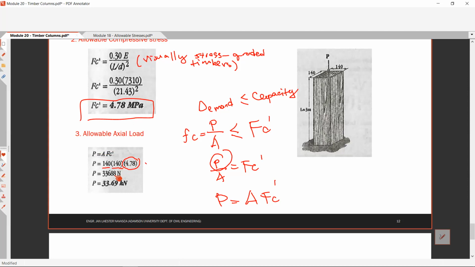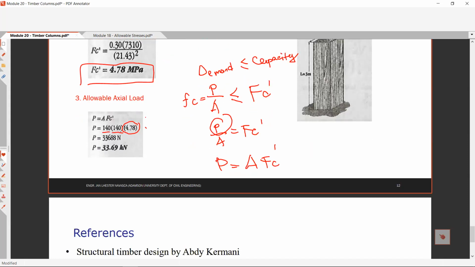So therefore, you get 140 multiplied by 140 multiplied by 4.78. You get, so typo error pala to, no? 140 by 140 by 4.78, so 93,688. So 9 pala dapat to. So this one should be